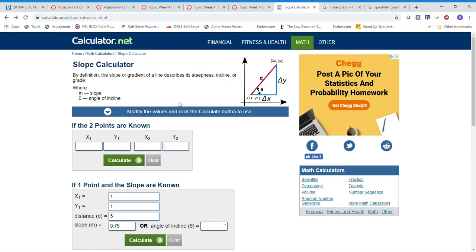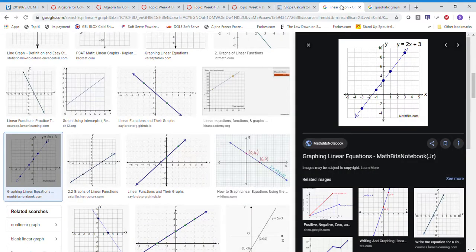Hi class. I noticed that a lot of us are having a difficult time with this week's discussion. I wanted to do an actual example in real time. Now, all I'm asking you to do is to prove, to show, to demonstrate that a linear graph,